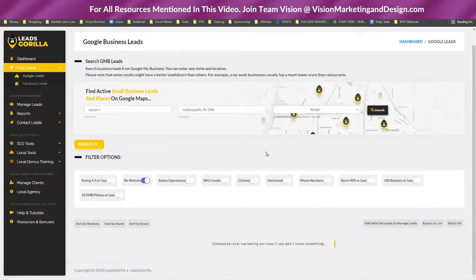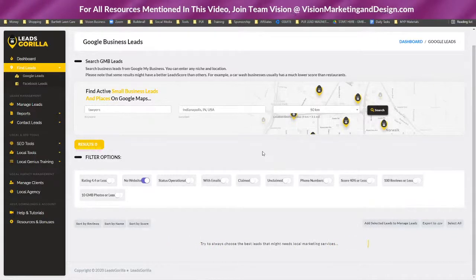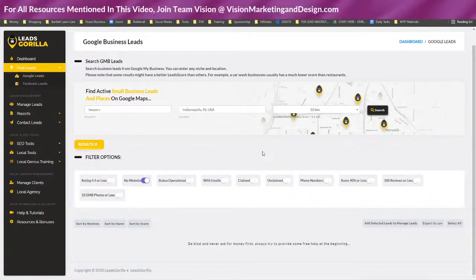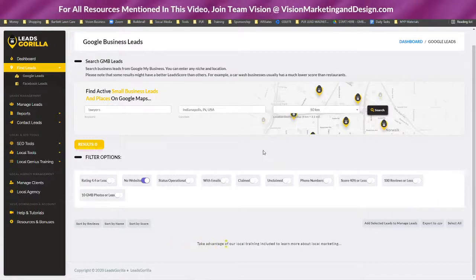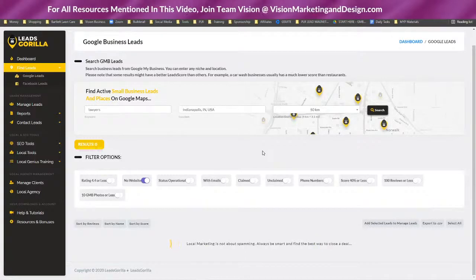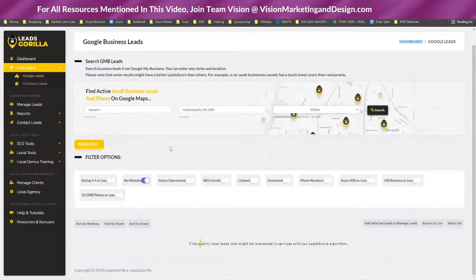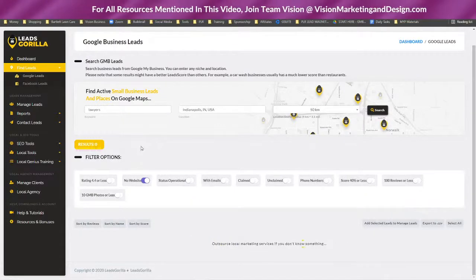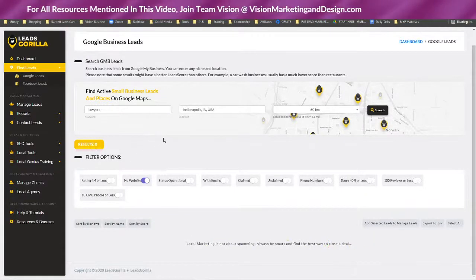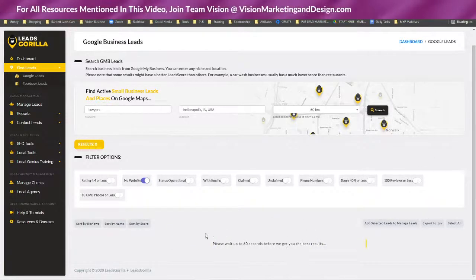Now, I would say that most lawyers probably have a website, even though it may be absolutely the most horrendous looking website ever. A lot of the times they just think, oh, this is easy, and then they create one and it's horrible. Or maybe they created it when they first got started, 20 years ago, and it's completely outdated. So just because they have a website does not necessarily mean that they would not be an option for you. So hopefully it finds some options.